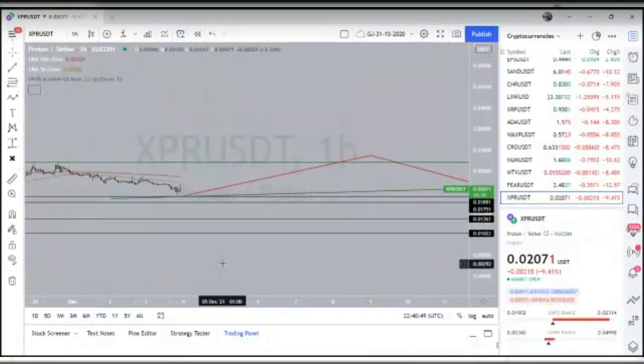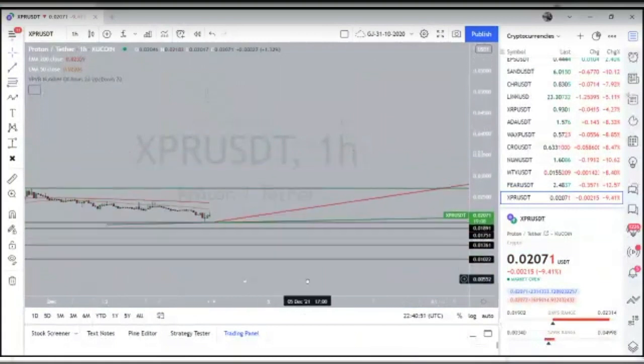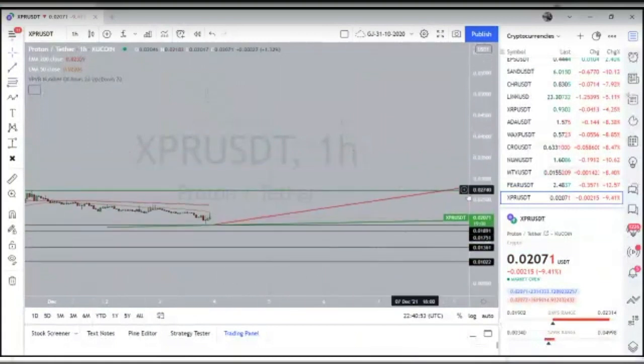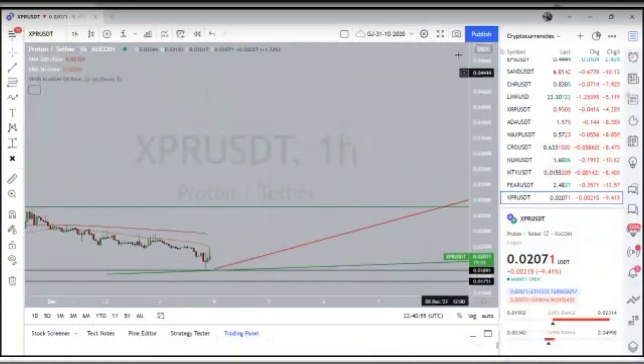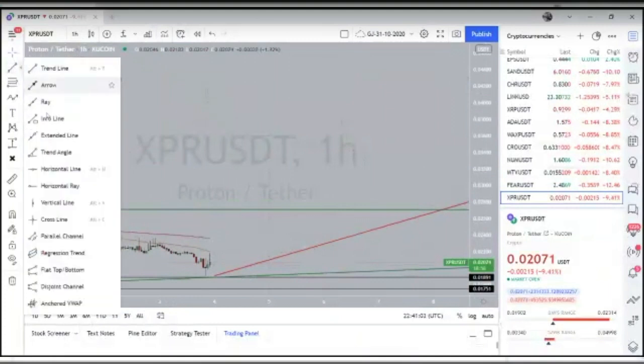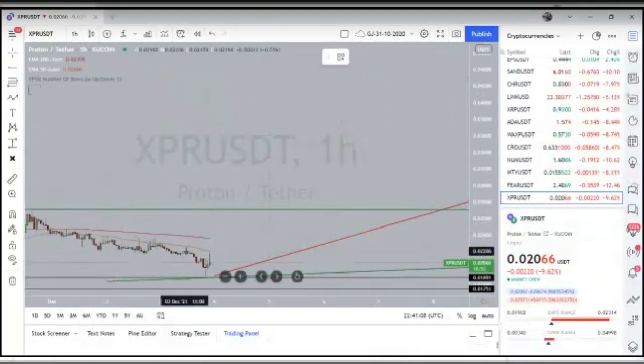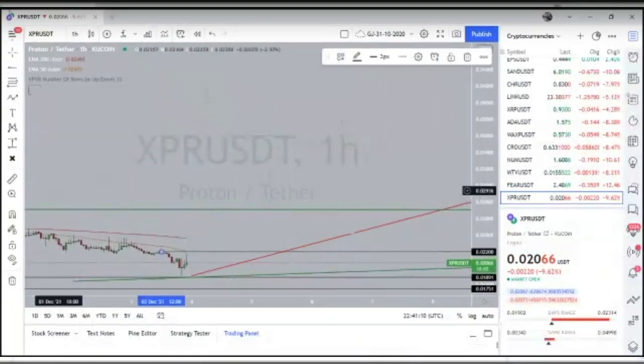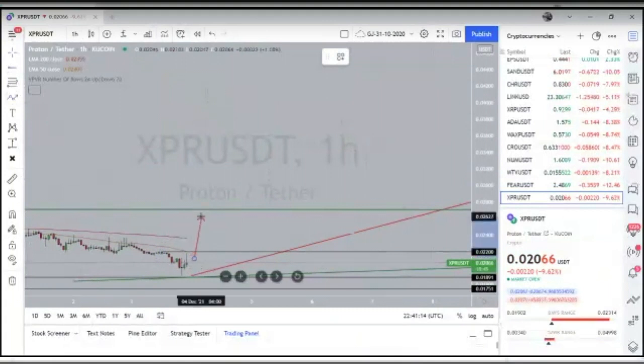So, let's just say theoretically that we've got a swing low here. Yeah, price came back above, let's say, this area here and held it as support. You might want to